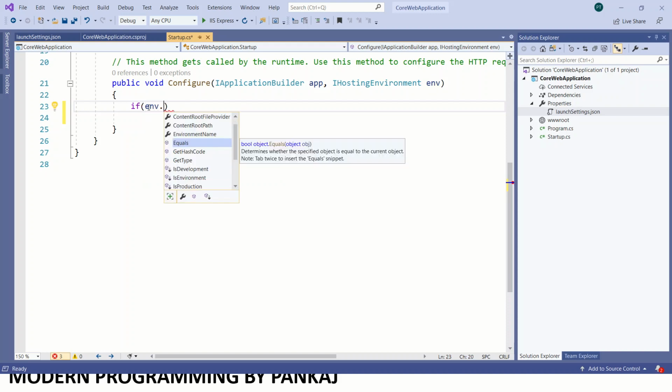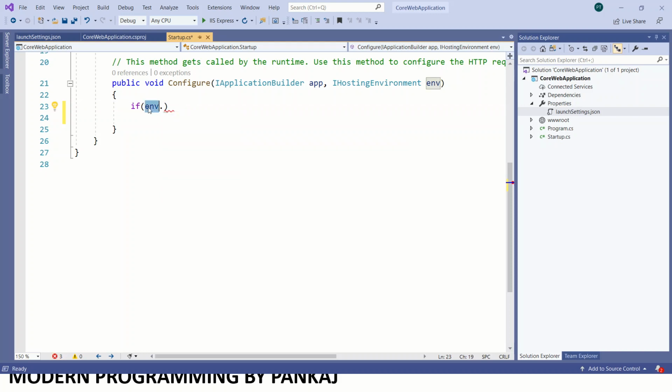This is the IHostingEnvironment variable. By using that, I can just check IsEnvironment. If we pass the name, it will compare against the environment name. So let me pass Development.